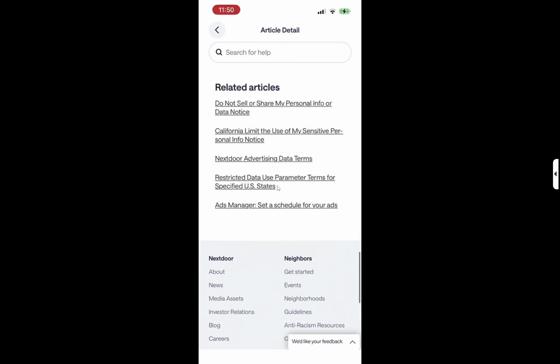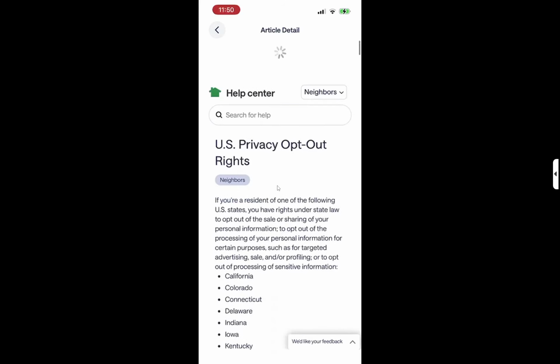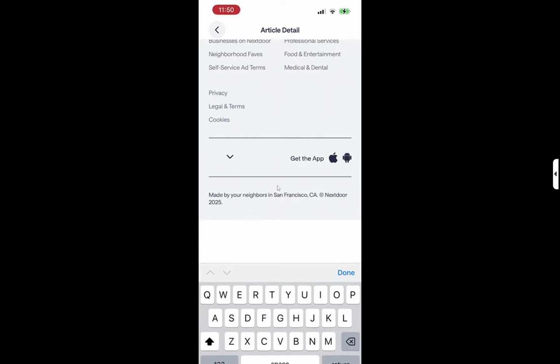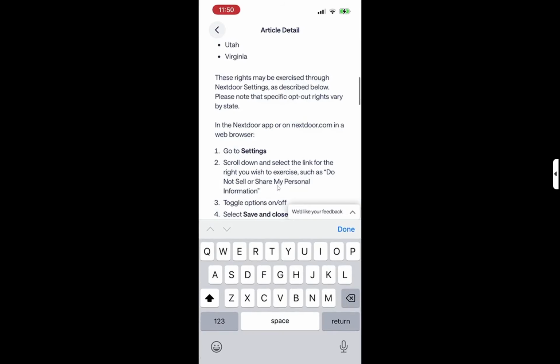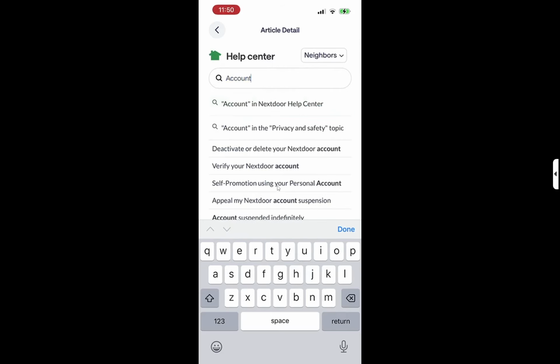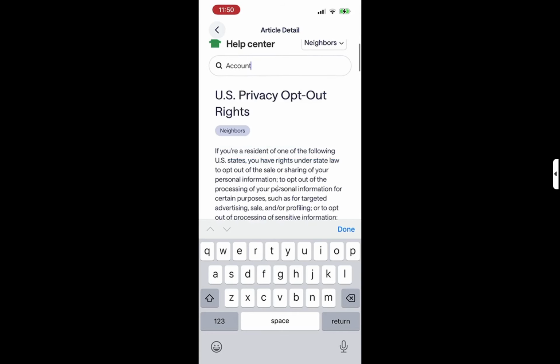Once you are on the Help Center page, use the search bar to enter keywords related to your issue. This helps you quickly find articles that address your specific concern. The search function is efficient and will display relevant articles that may provide the solutions you need. If you find helpful information, follow the guidance provided in the articles. If the articles do not resolve your problem, look for the option to select Contact Us.